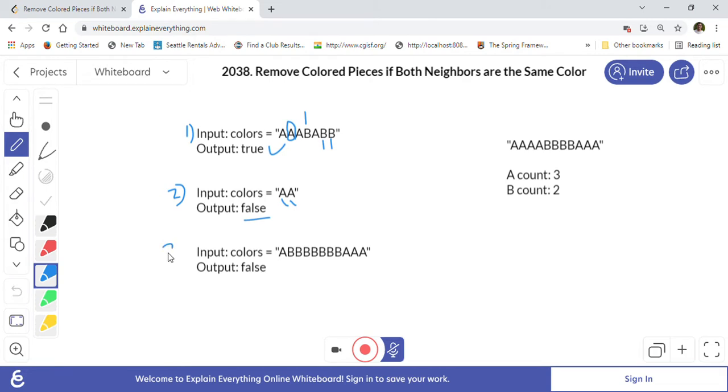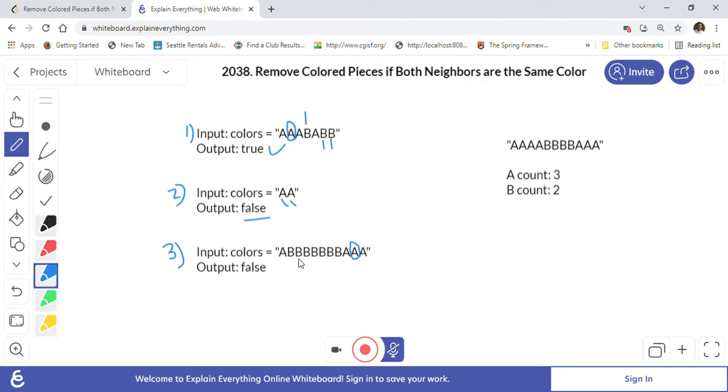In this third example, this is the string that is given to us. First Alice will start and she has to pick an A. She can pick this A, because it has a left A and right A. So this A is available to pick from this string. After Alice is done, now Bob has to pick a B.